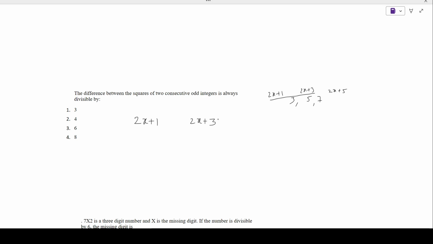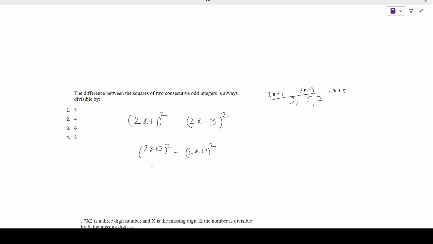So here we are asked for the squares of two consecutive odd numbers: the square of this and the square of this. Since we are asked to find the difference, we'll take the bigger number first: (2x plus 3) whole square minus (2x plus 1) whole square. The difference between the two squares is always